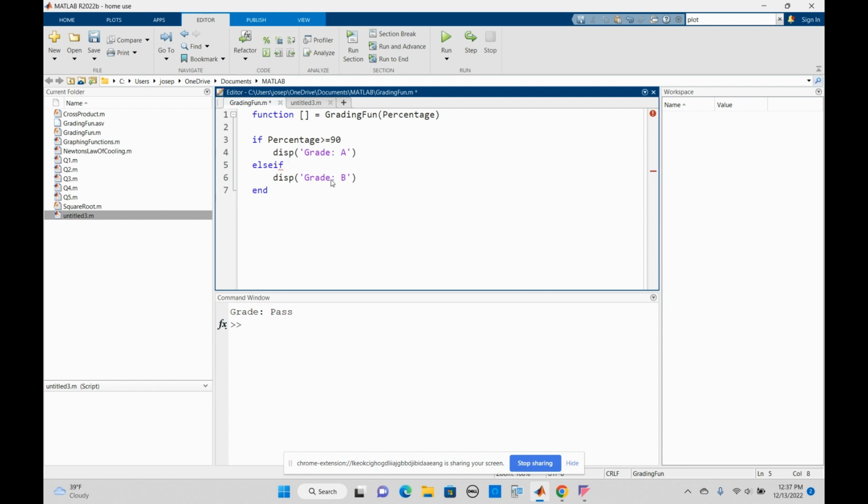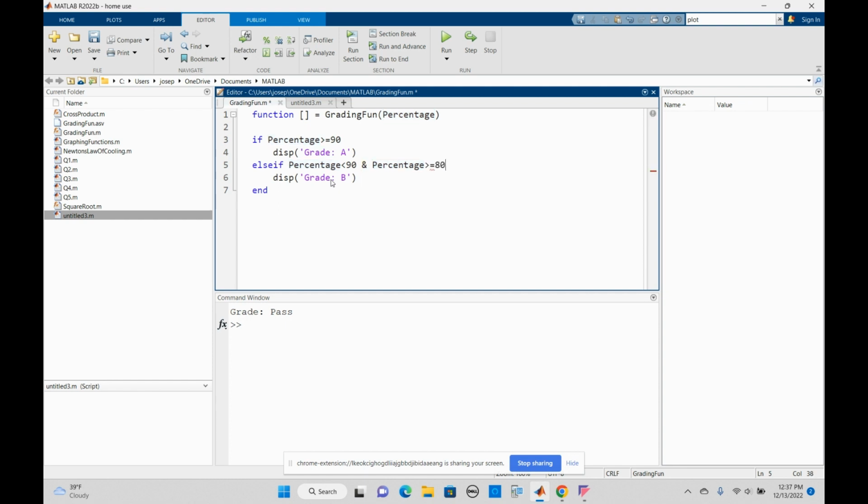So we could write this actually a couple of ways. We'll see that we don't need to do one thing here, but we could say that the percentage is less than 90, and so I have an ampersand here, and the percentage is greater than or equal to